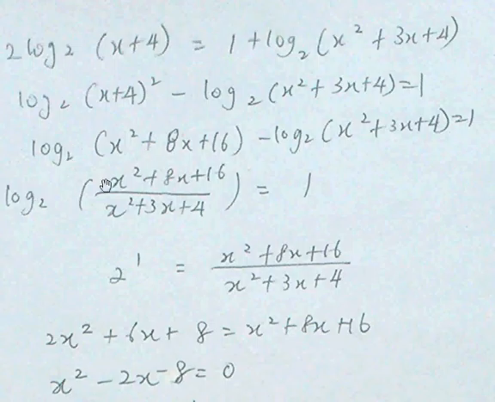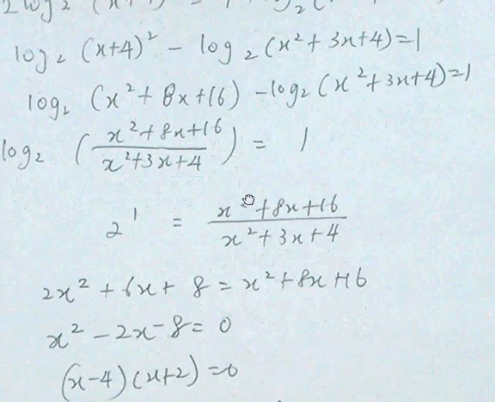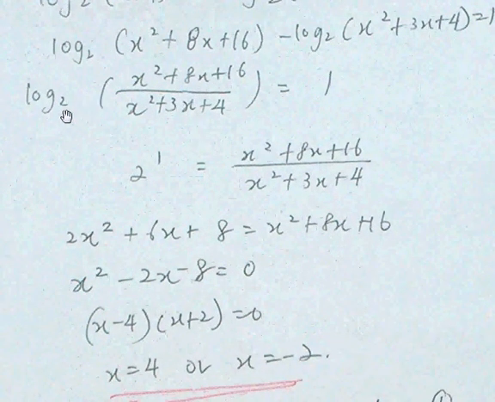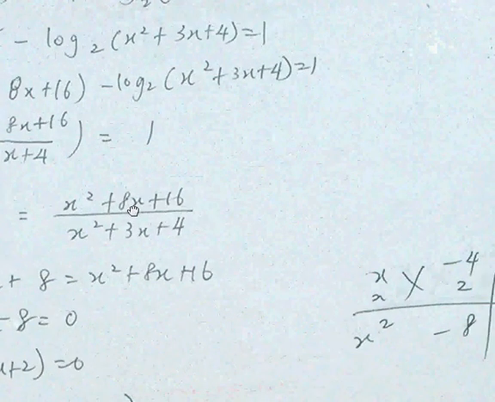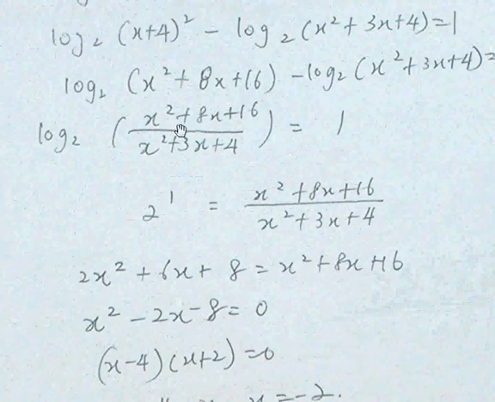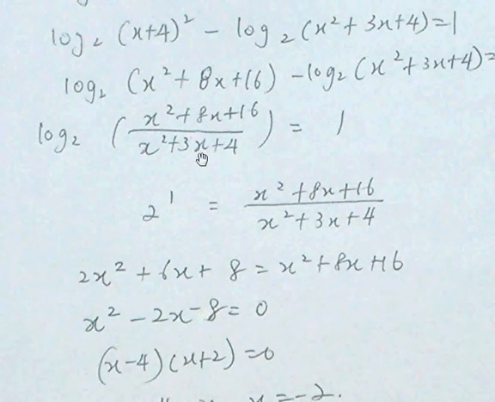We can actually divide the x² + 8x + 16 by x² + 3x + 4, and we can combine into one function. So this equals 1. The other rule is that (x² + 8x + 16) over (x² + 3x + 4) is actually 2 to the power of